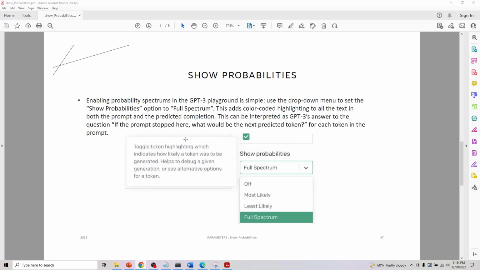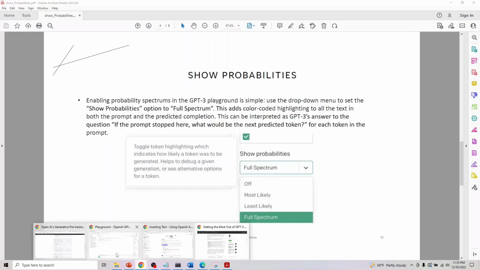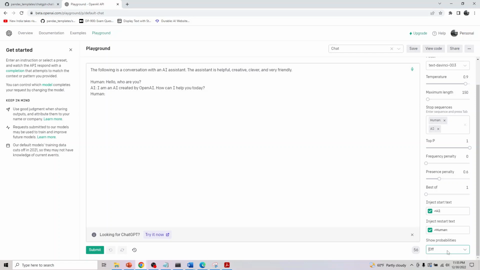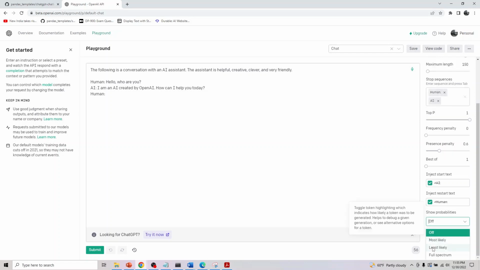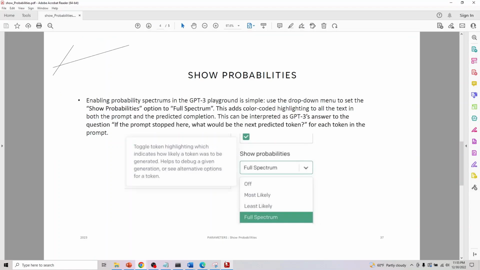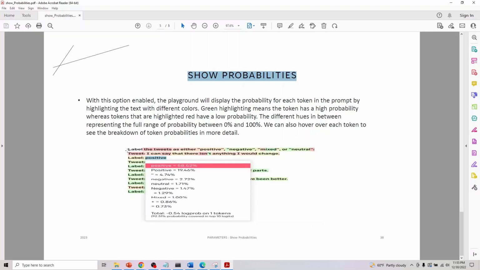So if this prompt is stopped here, what would be the next predicted token for each token in the prompt? And if you go to the playground, the bottommost one is where you can do most likely, least likely, and full spectrum. After this, let me move on to the next one here. For both the label and the previously generated one, you would have tokens like this, and there will be a probability score from 0